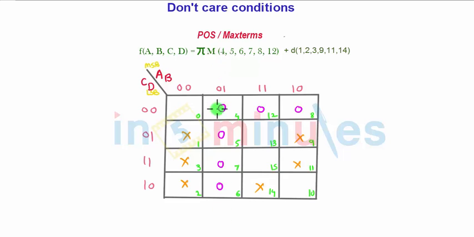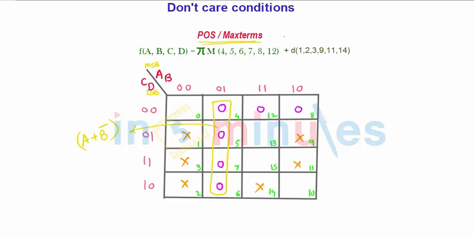So if I choose the column number 2, this will be the group of 4, for which I can write down the expression as, see, be very careful when you are writing the equation for POS format. Zeros are for the A and ones are there for the A bar. So the whole column is for 0, 1, that is nothing but A plus B bar. So this is the sum term, first sum term, and the second sum term we will find out.